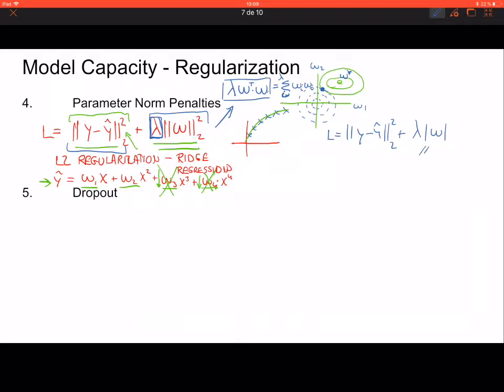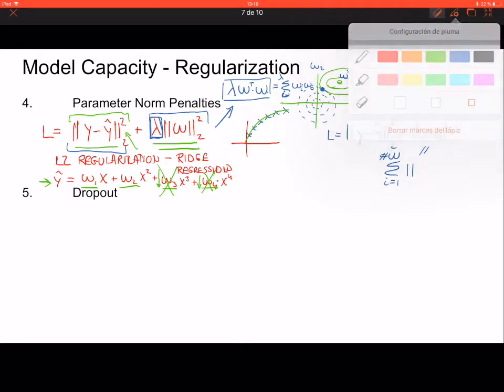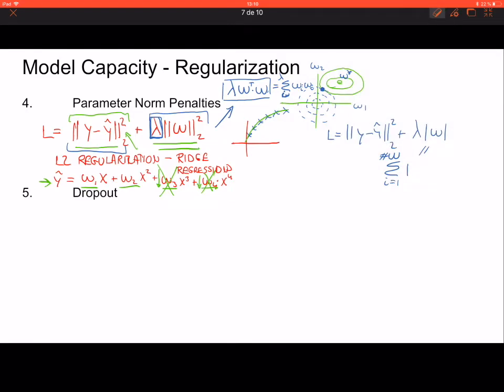Essentially, this can be written as follows. This is a summation of i equal to 1 to W, which is the number of weights, of the absolute value of each of the weights, times lambda. All right, and if we plot this, what we see is that